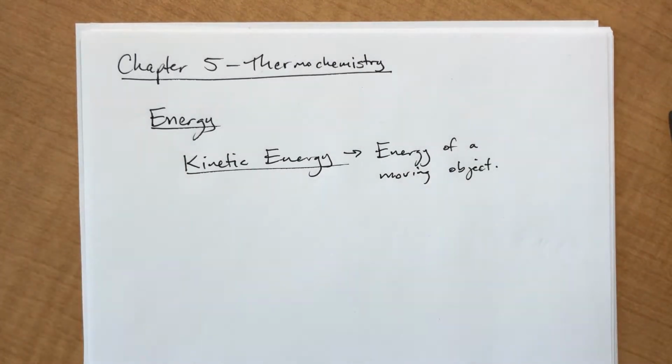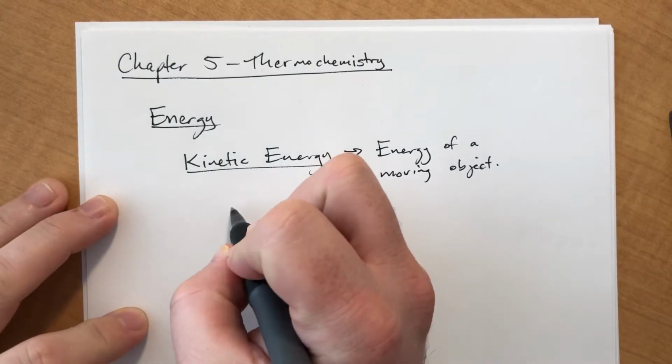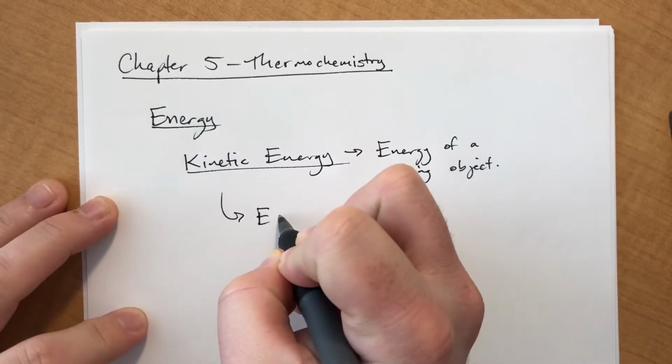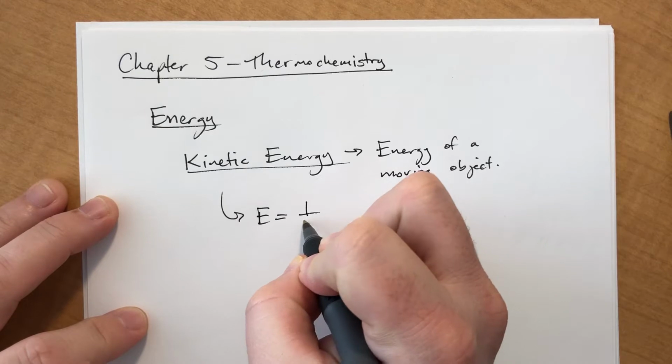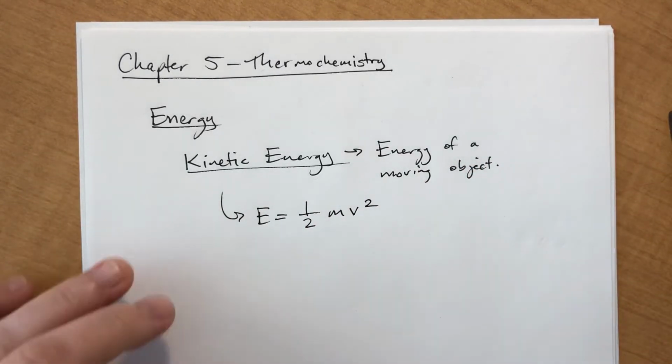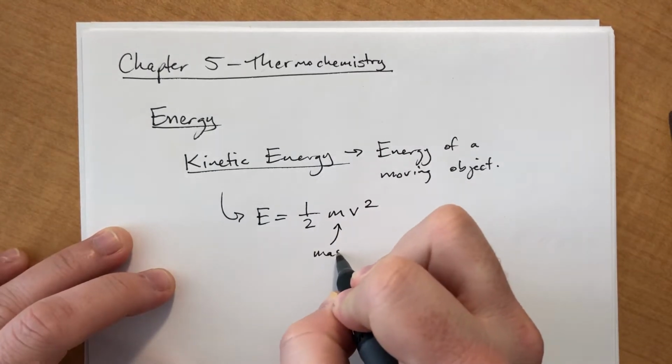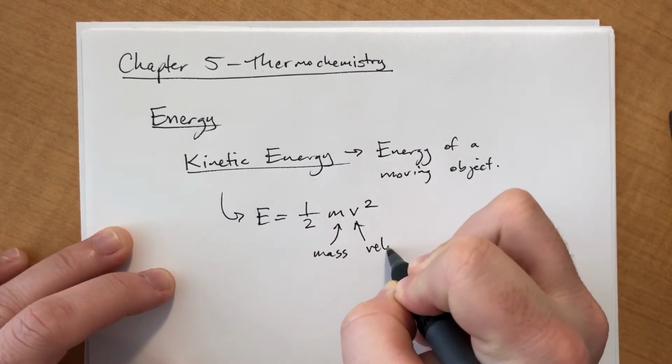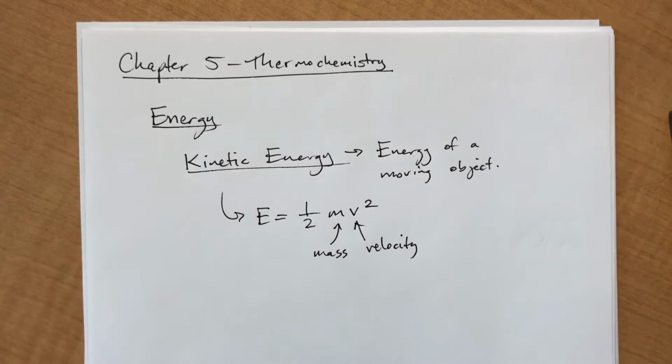Okay, there's an equation for this. We're not going to do anything with it, but we're basically going to derive some units and talk about how this works. The kinetic energy is equal to 1/2 the mass times the velocity squared. Mass, velocity. Velocity is speed. Okay, so in terms of units here,